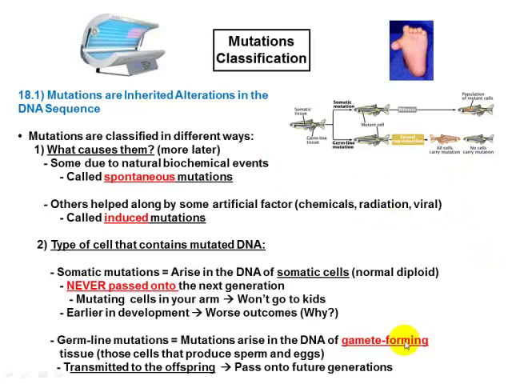So as you see here, if it's in gamete-forming cells, it's going to be transmitted to the offspring. Now, this you can also make sense when you think about, right in the beginning of the class, that we're talking about acquired characteristics. If you have, for example, somebody who lost a finger or the mice who had the tails cut, and then